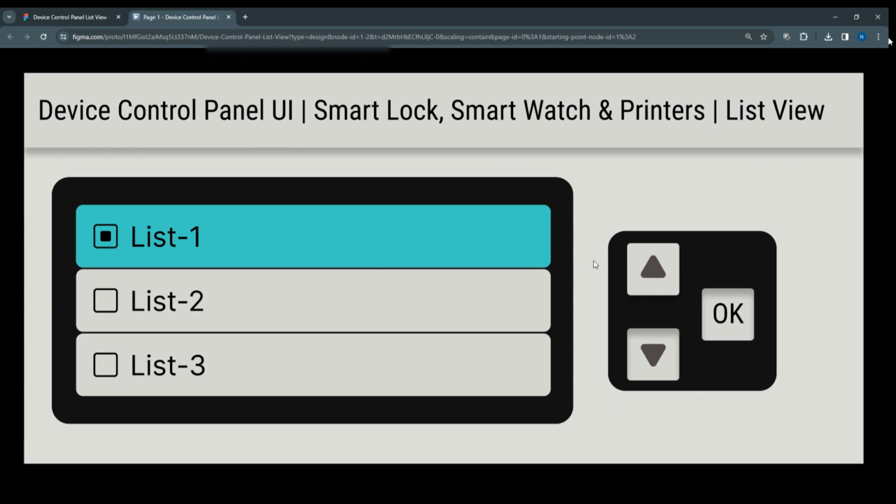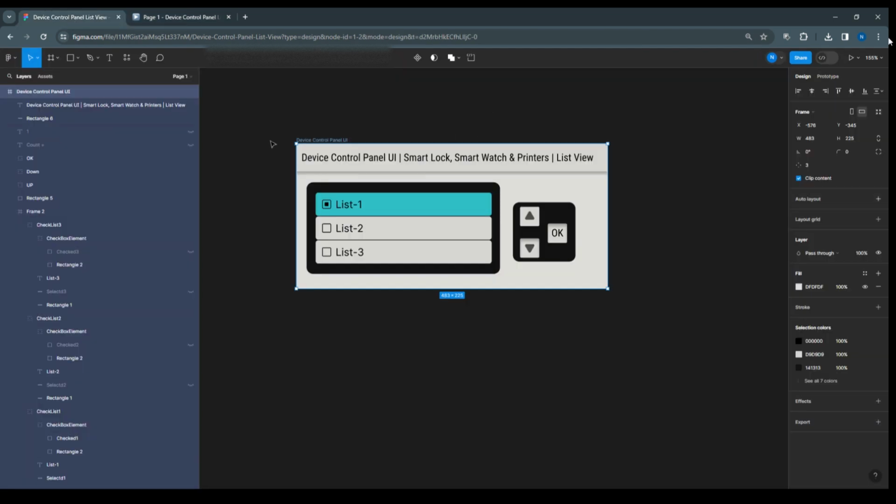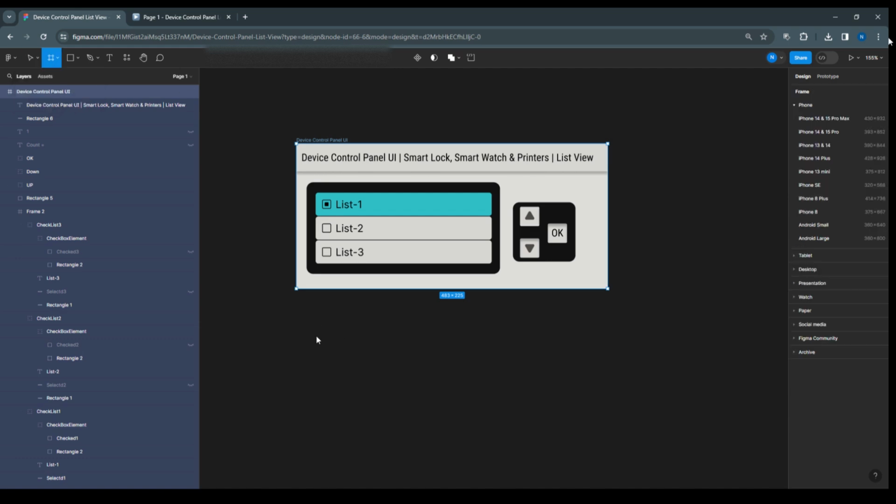So how can we achieve this, and we can use it in different devices like a smart lock, smart watch, or a printer. So this is the pattern for the radio list view. Let's start and see what elements are required here to create this. So here I'm taking the first frame,